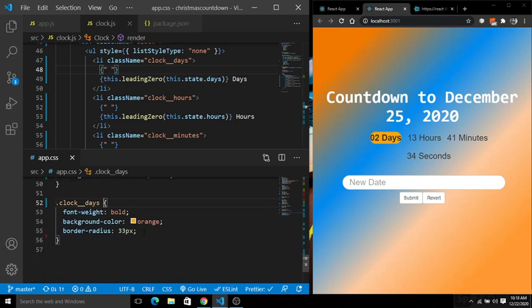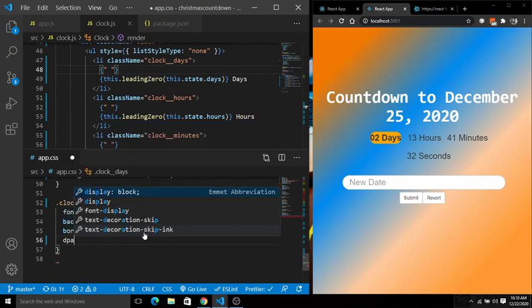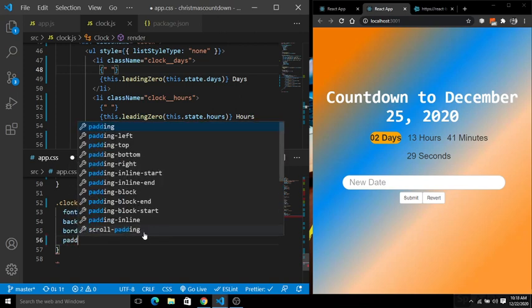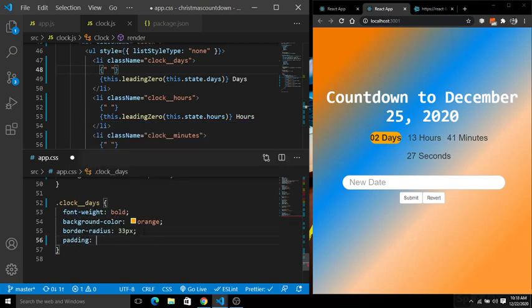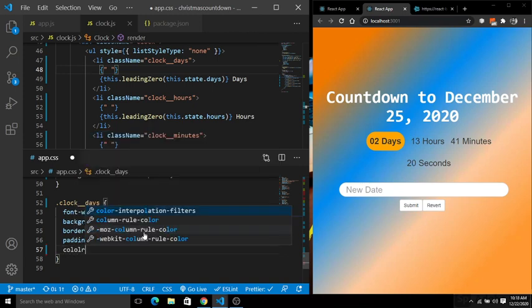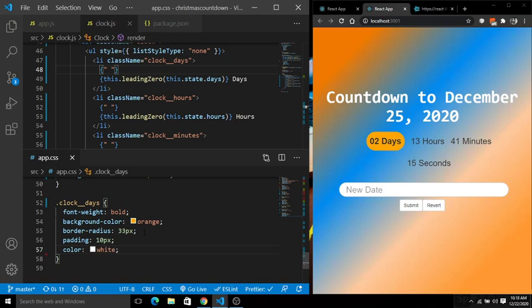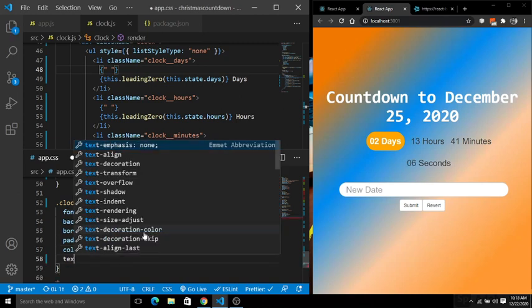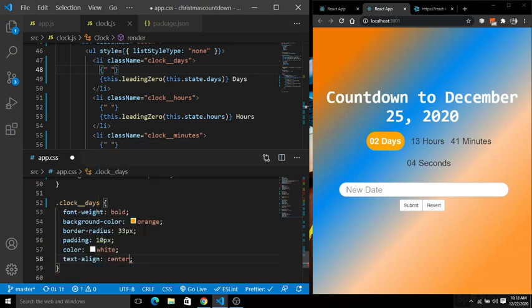Next, give some padding of 10 pixel everywhere inside this. Next, give the color of white. Save this. You can see a very nice white color here. Next, I'm going to align the text into the center. Save this. Okay, we are done with this.